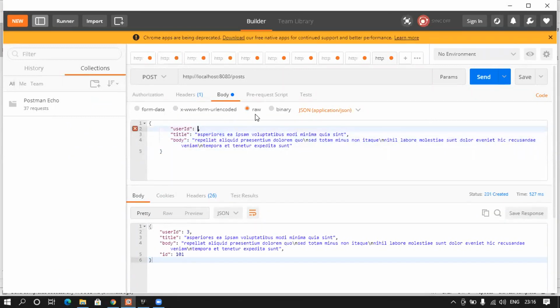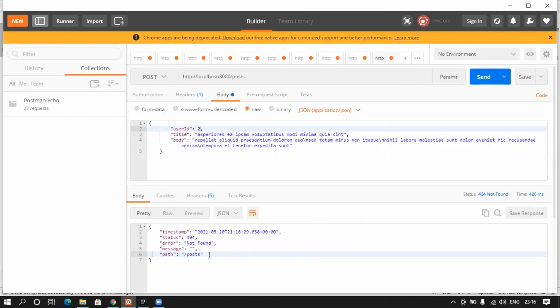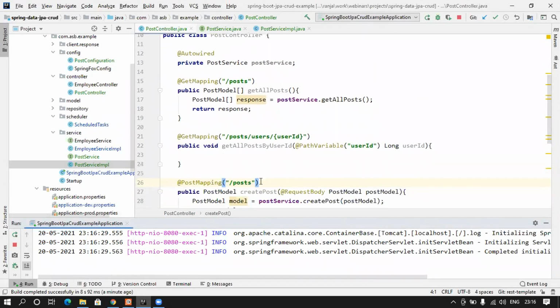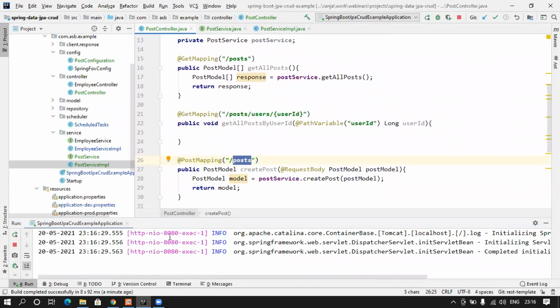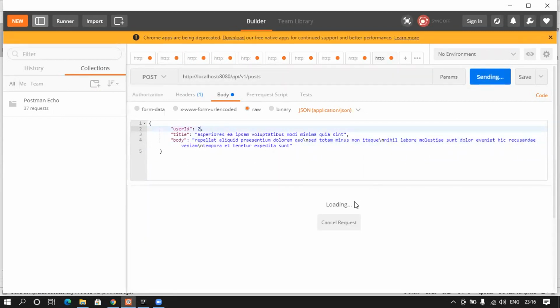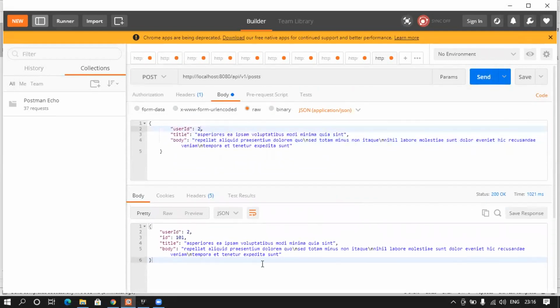Let's say I will say it for the user 2. So here we get an issue. It says /post not available, which is correct because our URL is API/v1/posts, this one on the post mapping. So we forward to API/v1. Great. So now what we see, it went there, it created the post, and we also got the response from